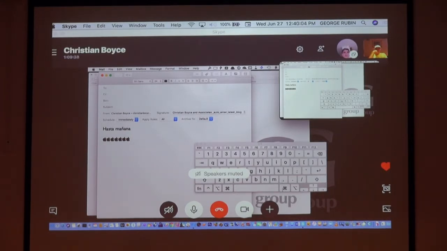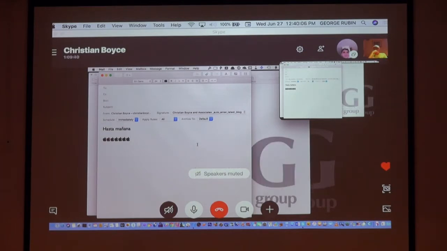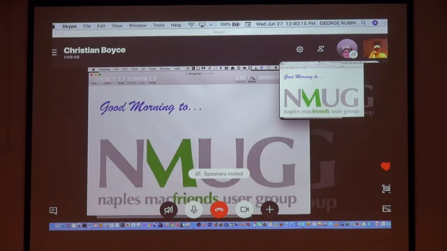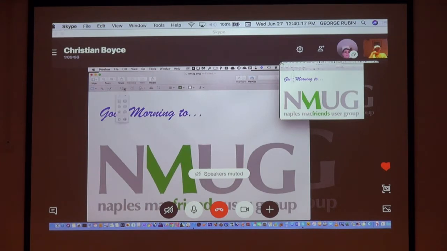Okay, last but not least, let's say you're in Preview again, and let's say I want to add an arrow or something to this. So I go to markup and I put an arrow, and I want to point to this, and then I want another arrow just like it. Well, the easy way, I can copy it and paste it. The easy way is to hold the option key down and pull one off, and there's another one just like